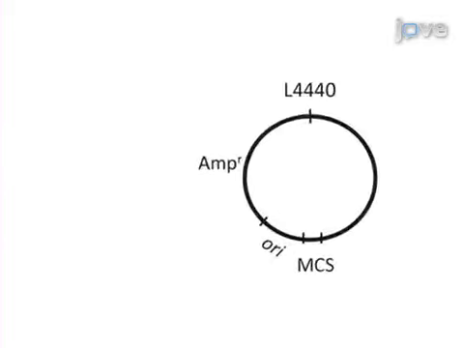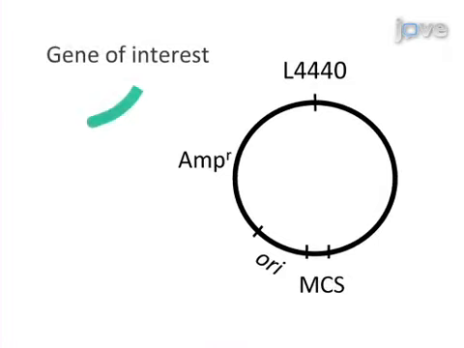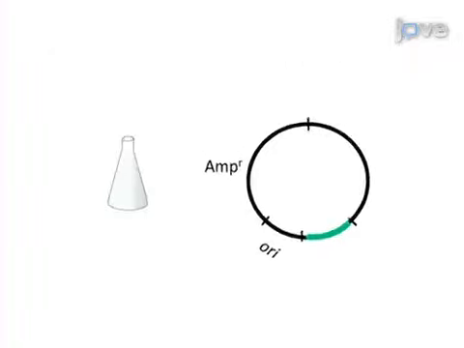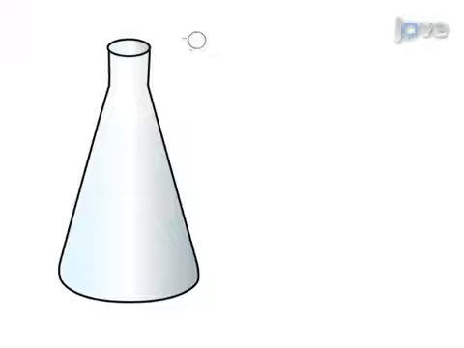Begin this procedure by cloning the target gene sequences into vector L4440, a commonly used worm RNAi plasmid. Transform the recombinant plasmid into the bacterial strain